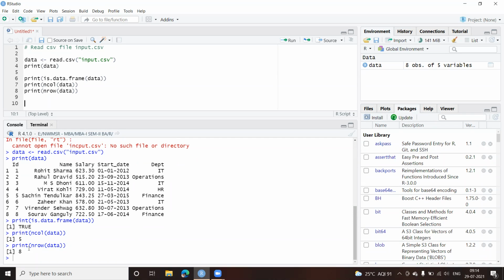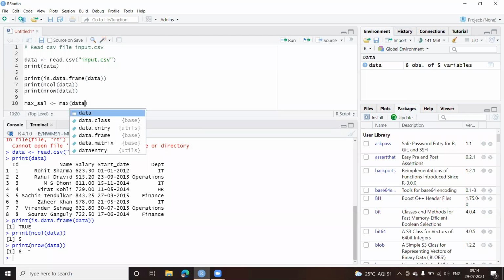frame called data. Now, let us say I want to know the maximum salary. Last time we saw this function called max. So I can write max underscore salary equal to, and here I'll be using the max function, max into bracket, the name of the column along with the data set name.